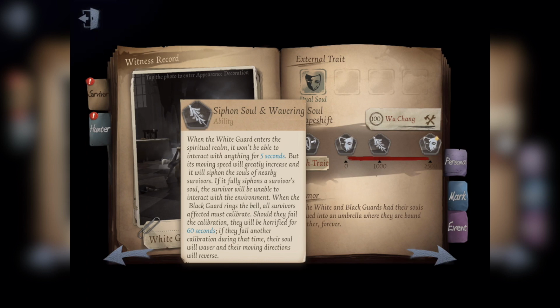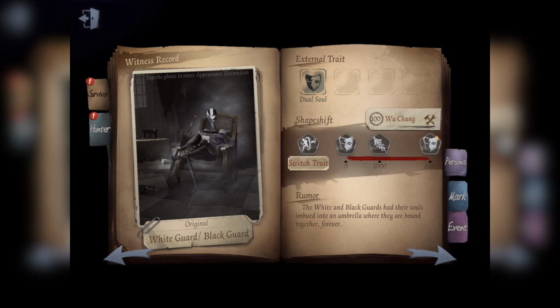So, basically, you get an ability, and it changes depending on if you're in white guard or black guard. The ability in white guard is he hovers, and then it's like a dash similar to Smiley, and you can use this for closing gaps, and you can also use it when you're camping so that a survivor is unable to save, because it makes them unable to save, vault windows, or throw pallets. In black guard, he rings a bell,